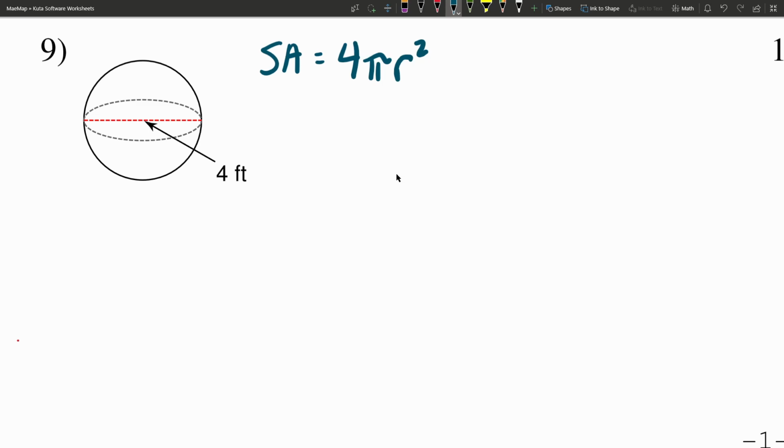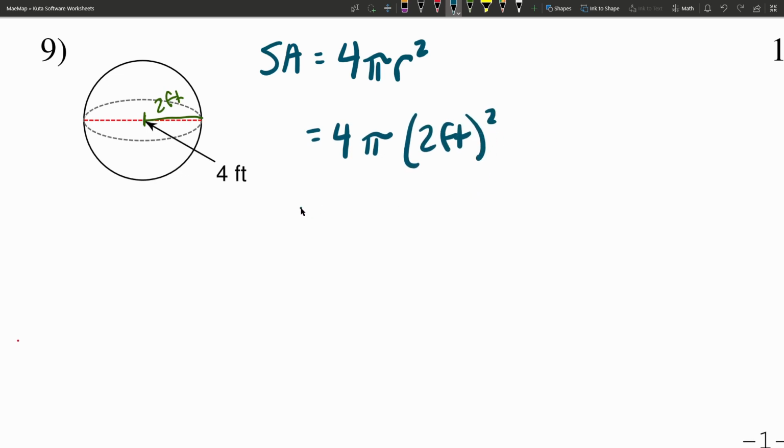In number 1, our diameter was 4 meters, whereas in number 9, it's 4 feet. So the only difference between the solution is the label. But let's work it out just in case to double check our solution in number 1. If we have a diameter of 4 feet, that means the radius r is half of that, which is going to be 2 feet. So the surface area is going to be equal to 4 times pi times 2 feet